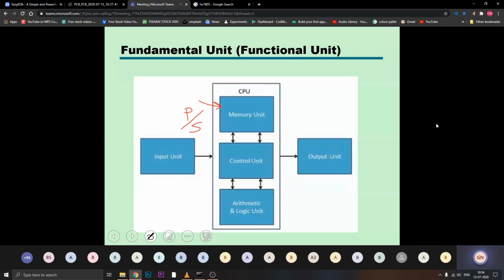Whenever you listen to something from that speaker, before that your song is streamed from the internet, it has been downloaded to your mobile phone, and that downloaded file is stored in the RAM, or primary memory, of that mobile phone, and then it is executed from there.